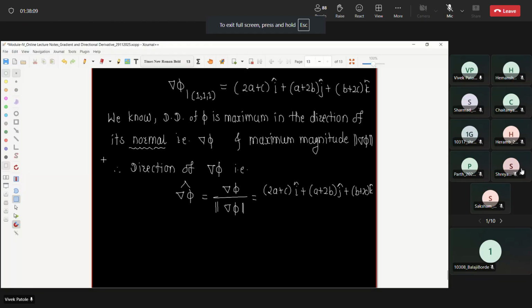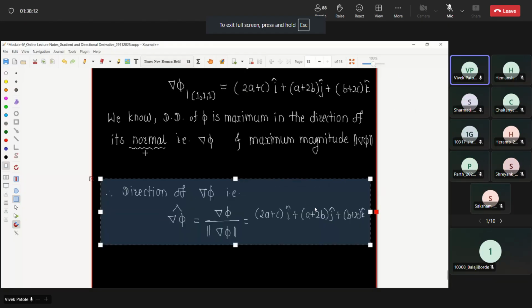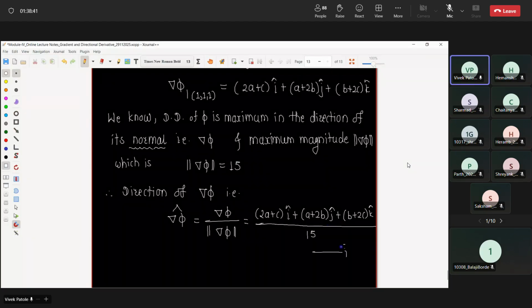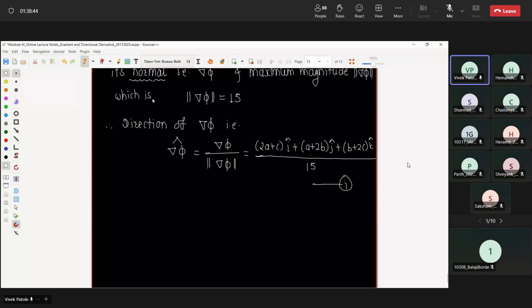Please, and the maximum magnitude is del phi. So the norm of del phi is equal to how much they have given, 15. That value I am supposed to replace here. Okay, that I missed to write down there. So this is what is last: b plus 2c k cap divided by 15. So I am calling this as 1. Okay, so direction of del phi is this, del phi cap, and also given in the problem